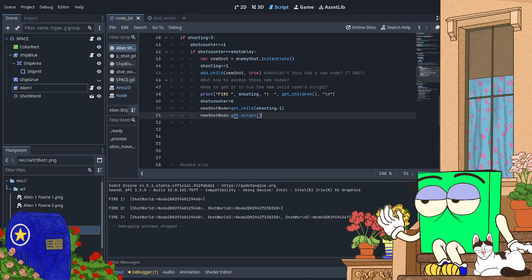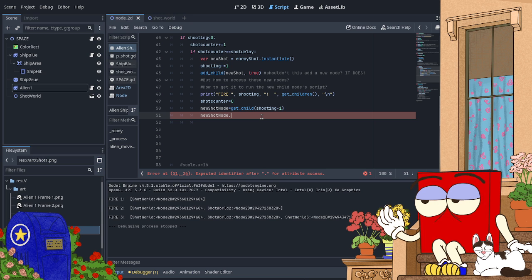What does that do? So that just returns a variable, that doesn't do a command. Even though it does, I do want to do something script wise.